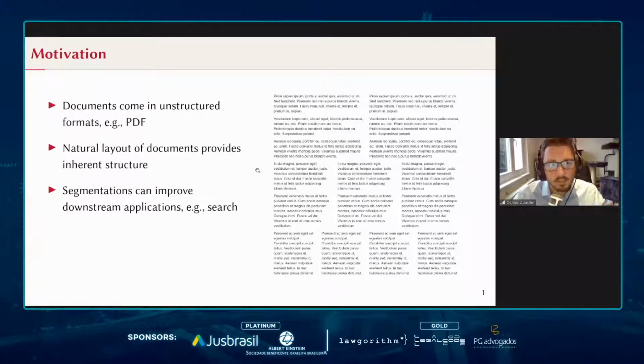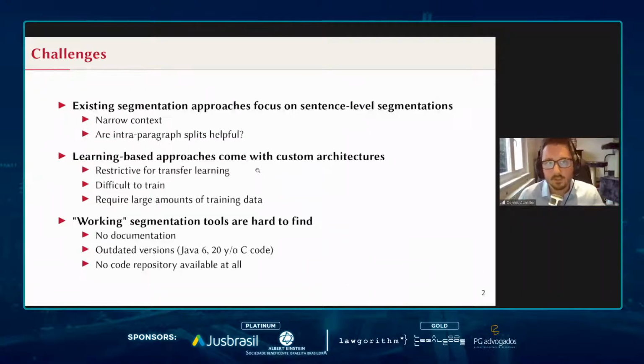This is very important for our actual work here, because what we're now doing, specifically compared to previous work, is instead of focusing on a segmentation that bases itself just on a sentence level, which has some major problems. Specifically, there is a very narrow context given just by using a single sentence as a boundary. And the other question is, if we already have these thematic units like a paragraph, is it even useful if we split at a lower level, meaning the sentence level, than the paragraph level?